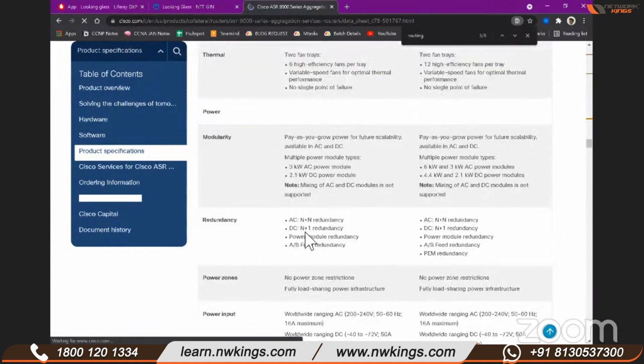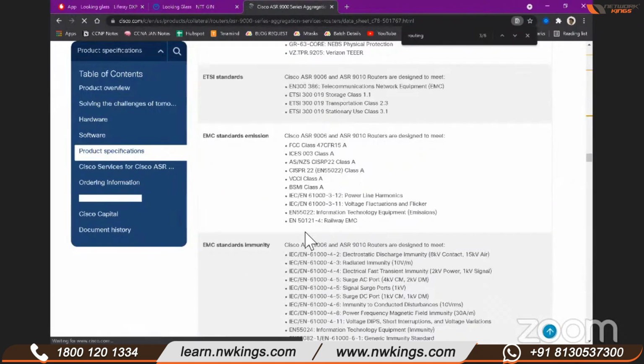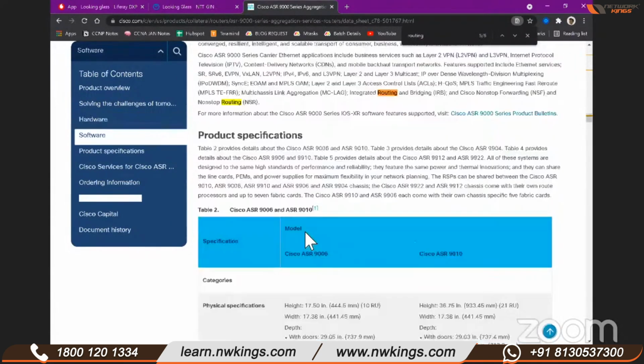Okay, so they are very high-end devices, so obviously they will support the full BGP table. But yes, while buying, you can ask and confirm with the vendors also. Okay, additionally,